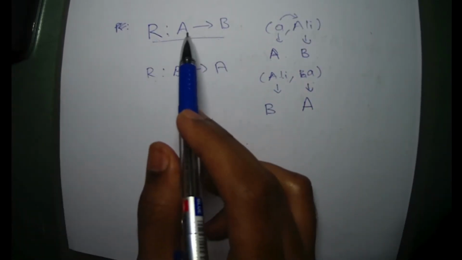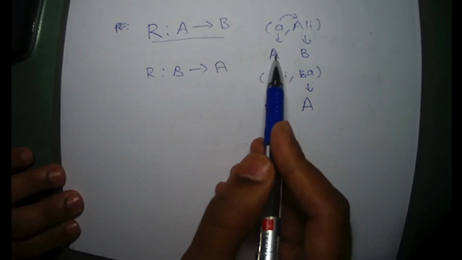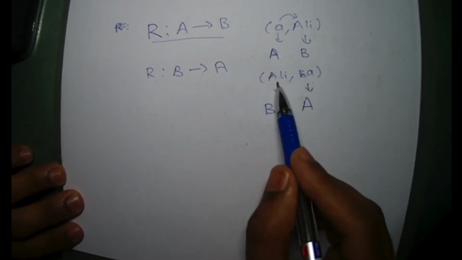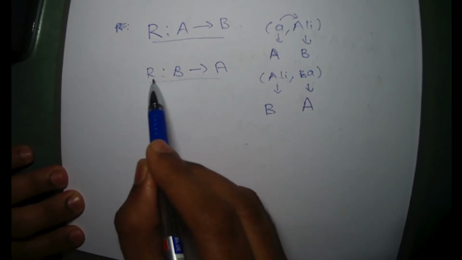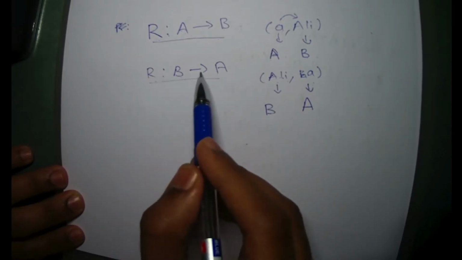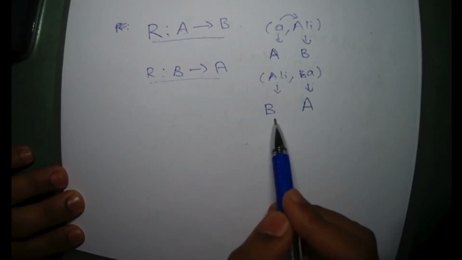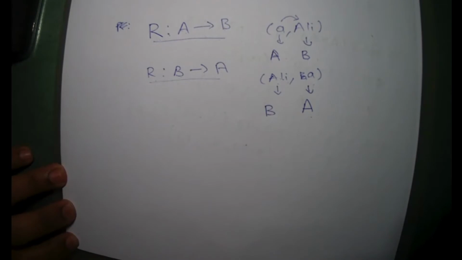This direction is determined depending on which set we want as the first element and which set we want as the second element. If we want the name as the first element and the letter as the second element, then we'll have to define a relation from B to A. Once we define the relation like this, we get the first term from set B and the second term from set A. This is how a relation is represented mathematically.